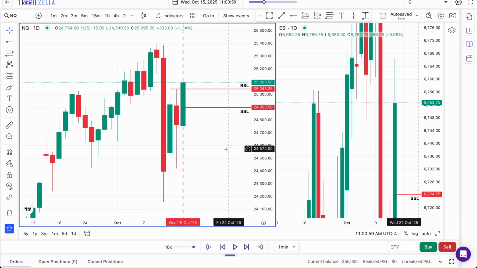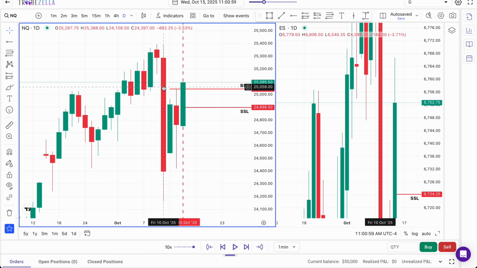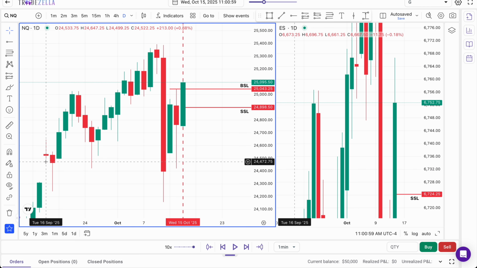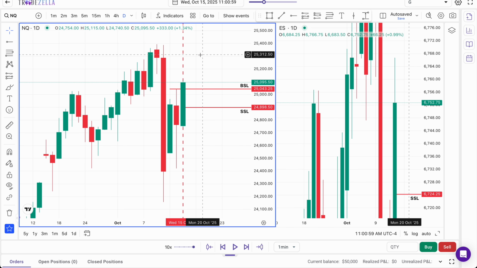Now, I'll explain to you the way that we determine bias, which is the most high probability way in the whole of the ICT space. Feel free to backtest it. On the daily time frame, we're currently trading inside of a daily bearish gap, and we assume this daily bearish gap is respected until inversed. So the daily is bearish towards the next daily low or bullish gap. In other words, we are bearish until this new day opening gap from Monday opening up to Tuesday, and you can put the daily down as bearish.